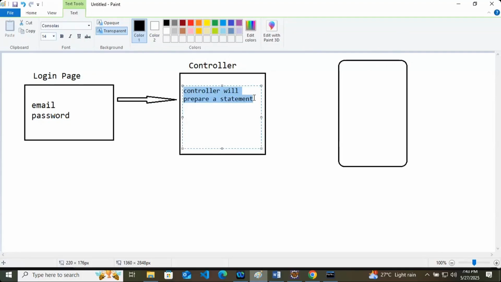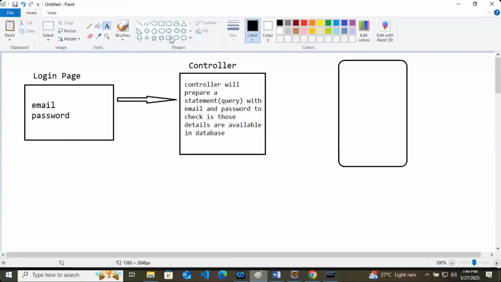So the controller will prepare a statement, or you can say a query, with email and password to check if those details are available in the database.